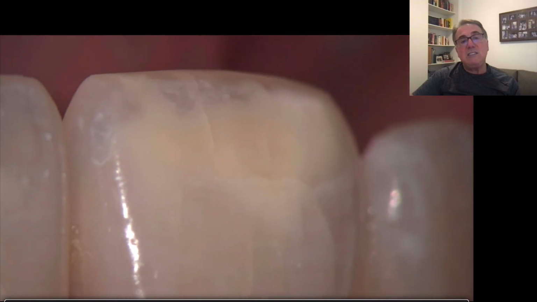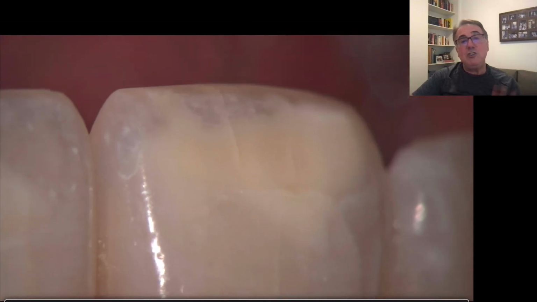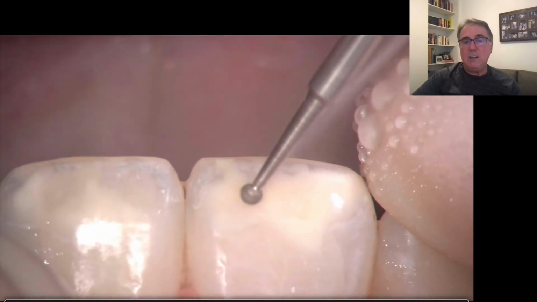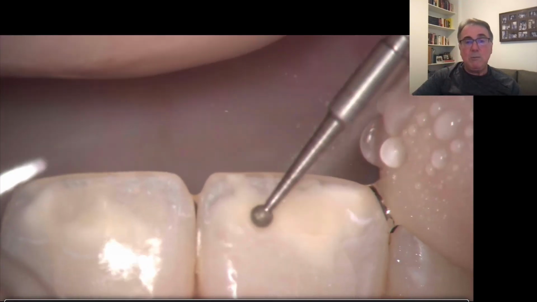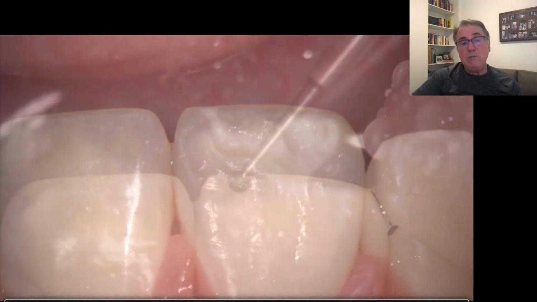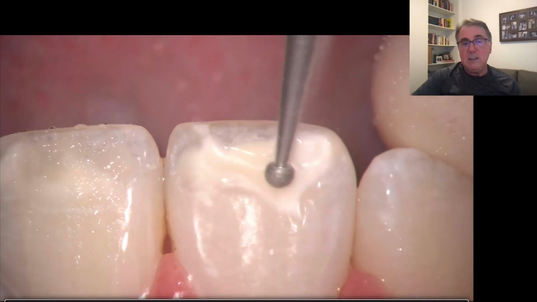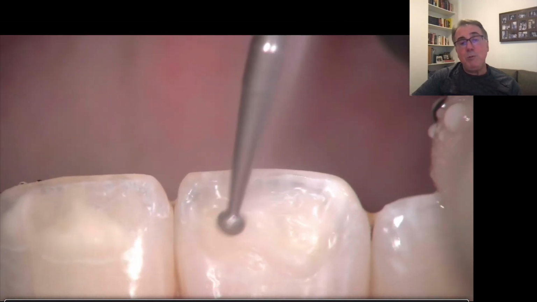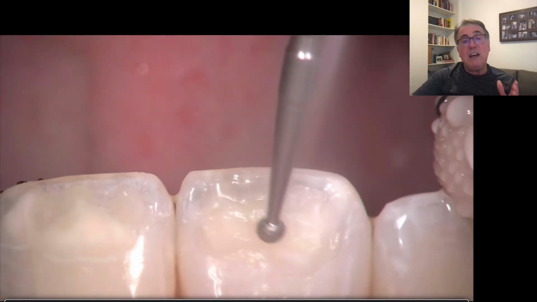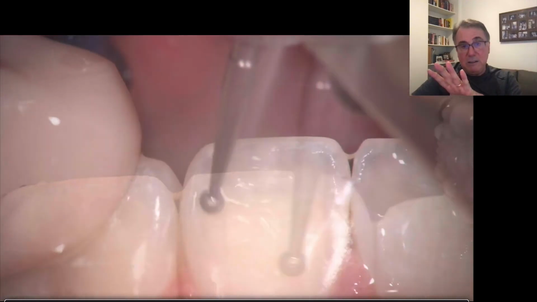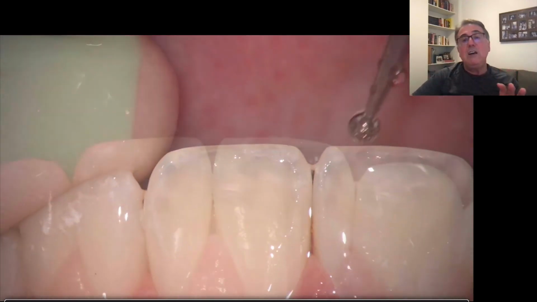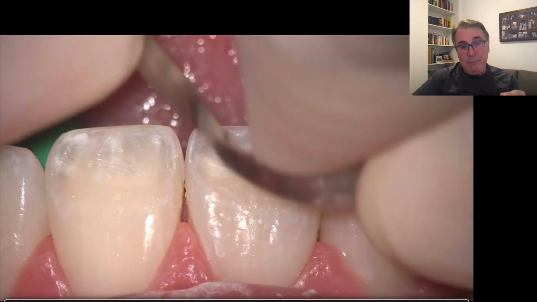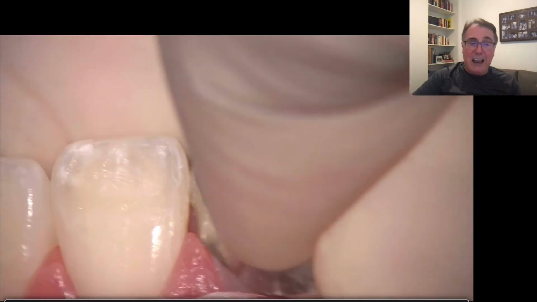So this is the case. Here you can have a better vision of the lesion below the surface of the enamel, okay? It's not on top of the surface, on the buccal surface. So now with a round diamond burr, I'm removing the white spot, okay? It's a very deep white spot. I keep removing until I have enough space so that I can mask the bottom of that lesion. I'm going to do that with both teeth. Of course, the one on the right is going to be a deeper preparation than the one on the left,